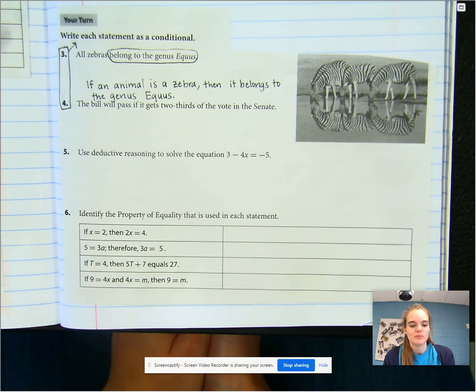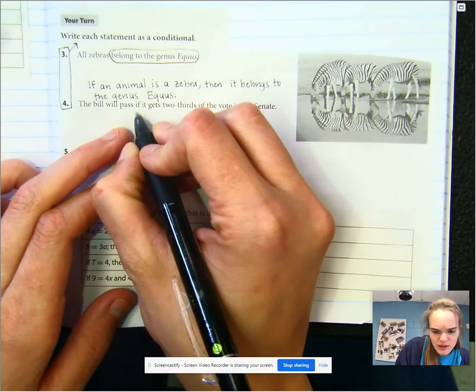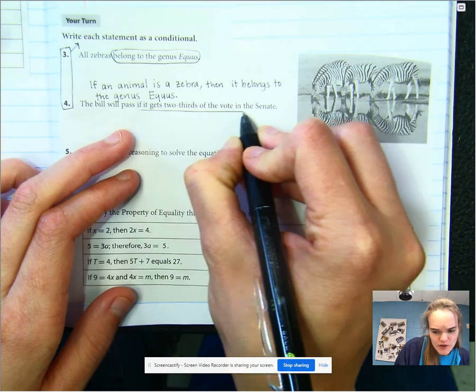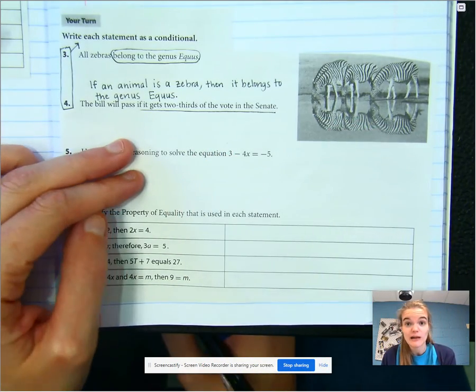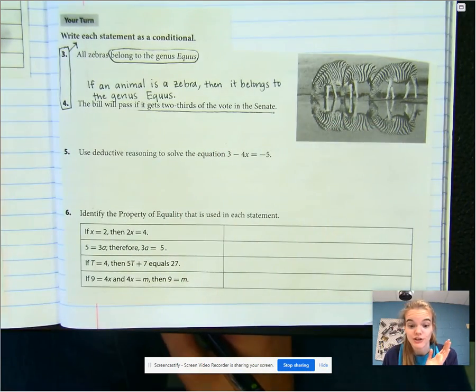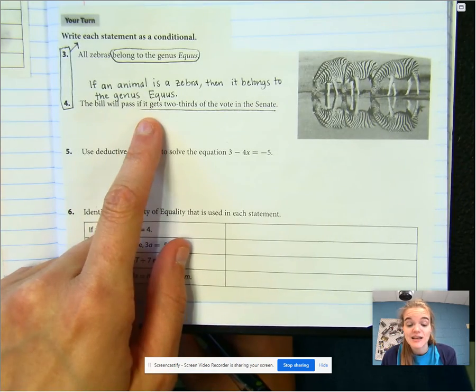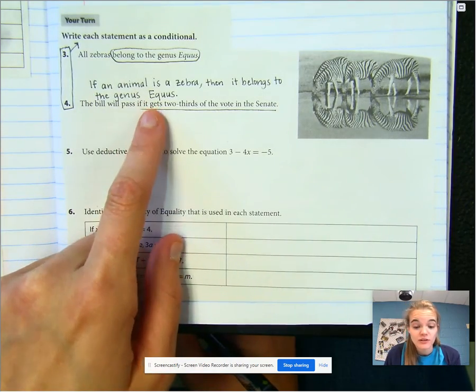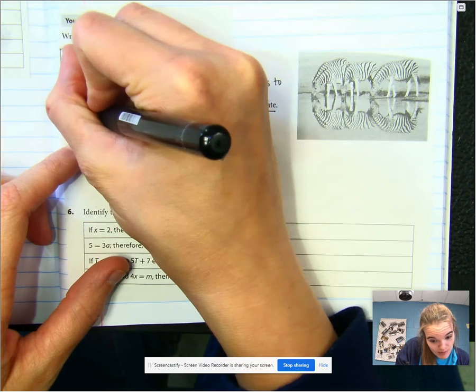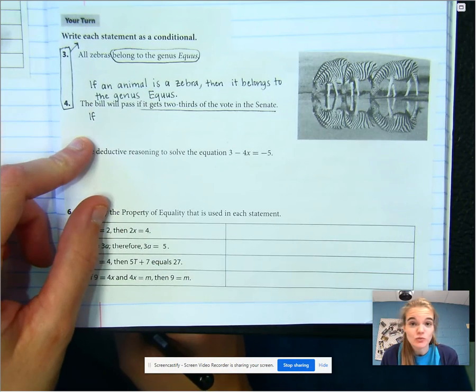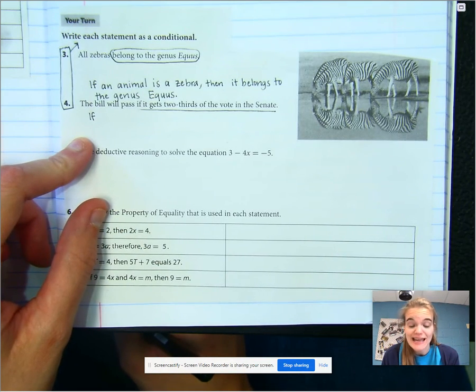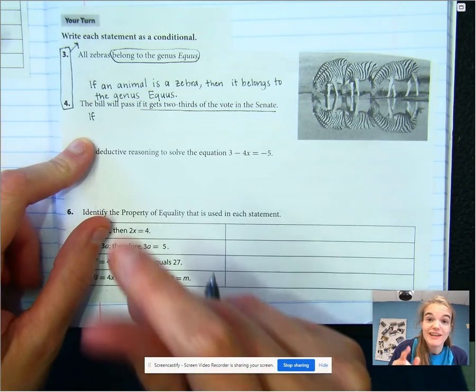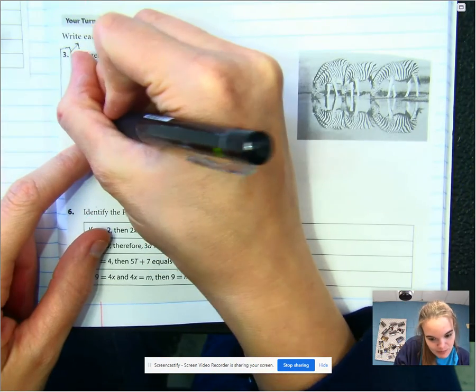Something that's nice about number 4 is it already gives us an if. If it gets 2/3 of the vote in the Senate. That's probably going to be our hypothesis. Now, English lesson: I need to start with "if it," but I can't say it because you can't use pronouns until you've actually named the noun. So what is it? If the bill